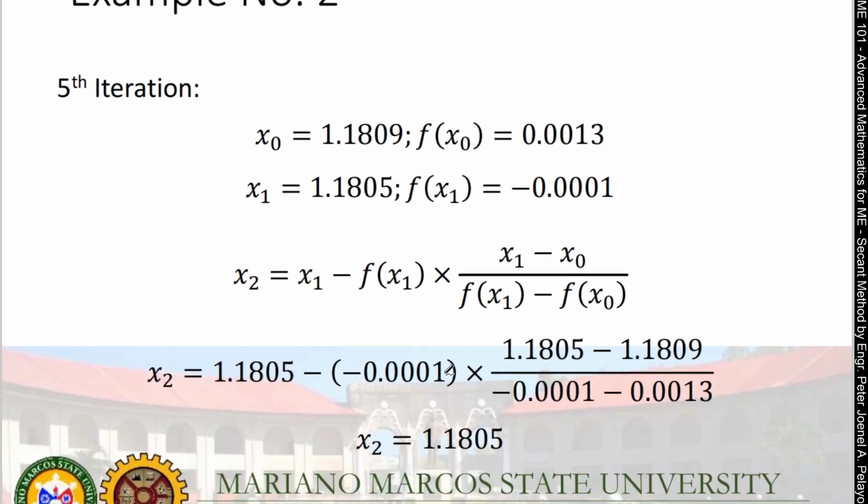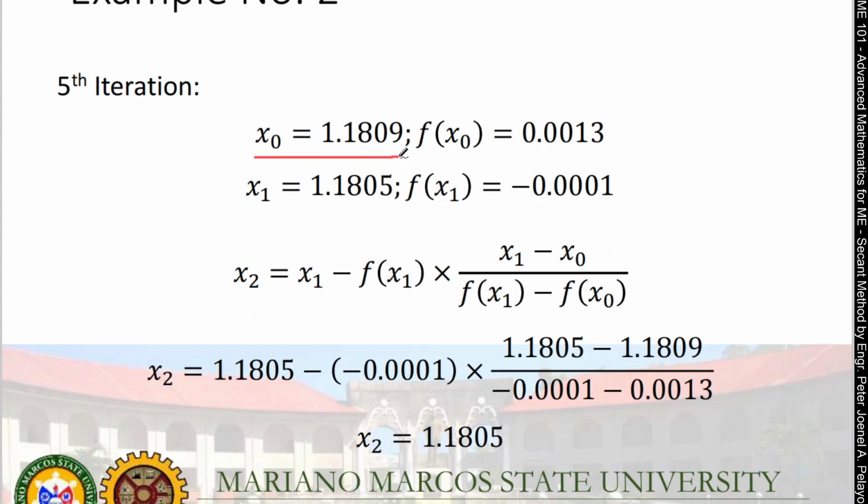Fifth iteration, X0 is 1.1809 with FX0 0.0013. X1 is 1.1805 with FX1 negative 0.001. X2 is equal to 1.1805 minus the quantity negative 0.0001 times 1.1805 minus 1.1809 all over negative 0.0001 minus 0.0013. So, 1.1805. So, hindi from 4th and 5th, hindi na nag-change yung